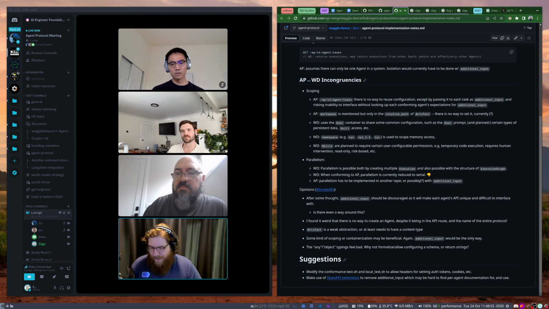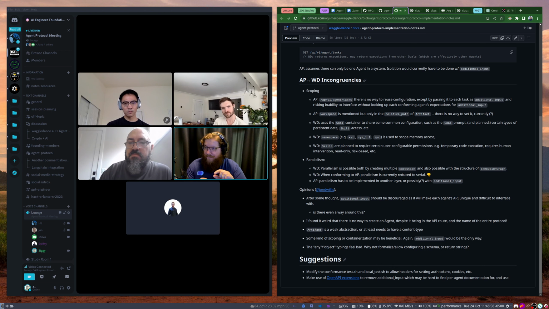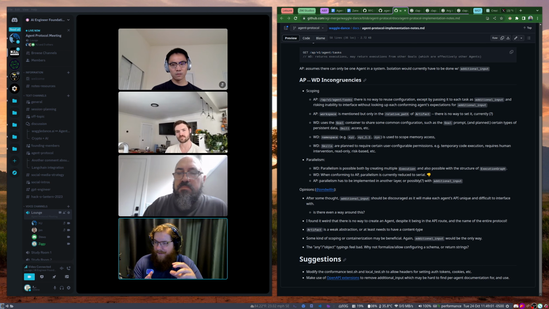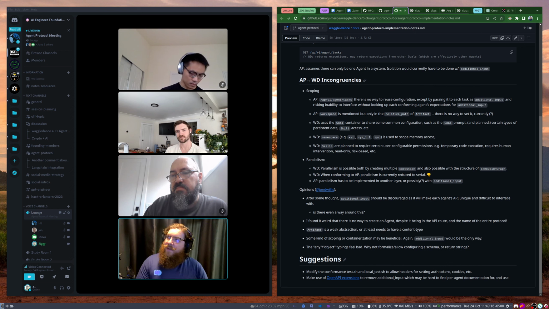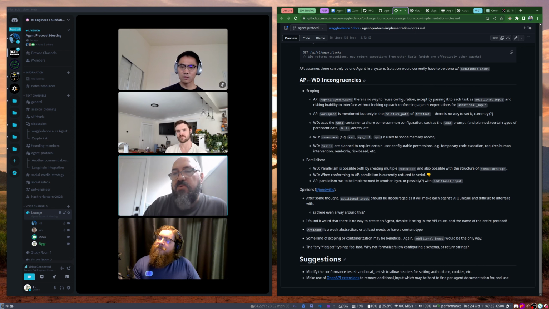But the one thing is, if we had the info endpoint and we were able to get the name of the agent or something along those lines, then we should be able to have a slash agents endpoint, put the name of the agent into that endpoint, and run multiple agents within that. You would want some sort of discovery protocol if you're going to go down that path, right? So there needs to be a way for you to list off the agents or at least the tasks.